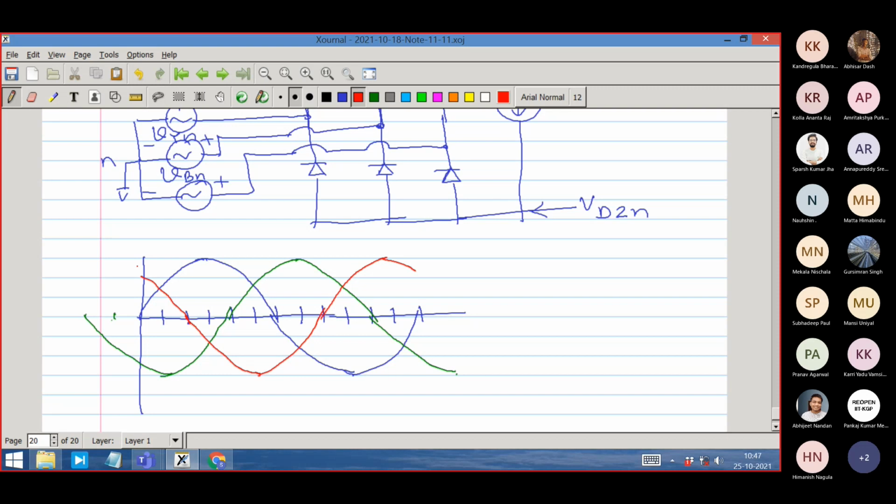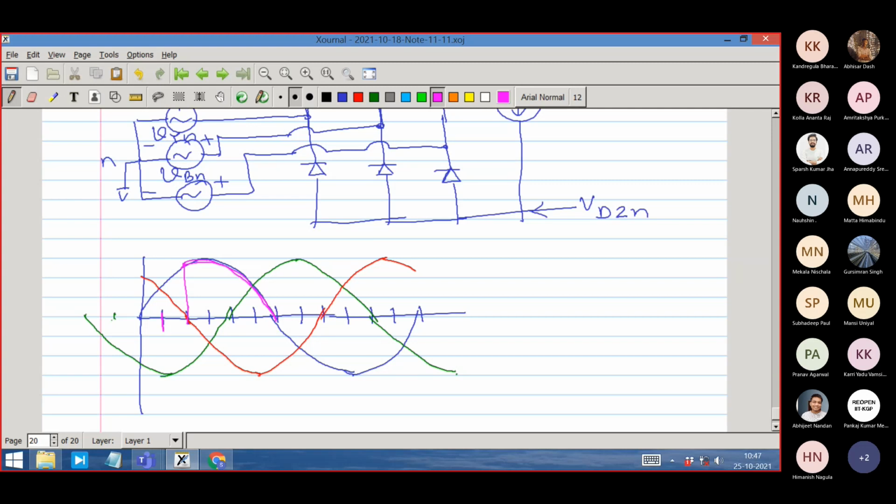Right, so this is the thing. Let us take a firing angle of alpha equal to 30 degrees in a semi-bridge rectifier. So then what will happen? Alpha 30 degrees means I will fire at this point for the positive phase. Let me take pink color. So I will fire at this point. This is 0 degrees, 30 degrees implies this. So 1 2 3 4, I will take this voltage.